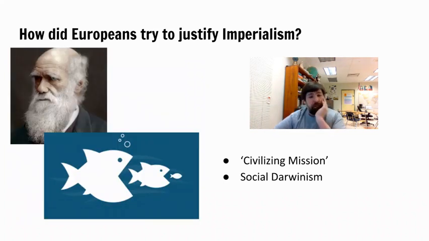Another way that Europeans tried to justify imperialism is through something called social Darwinism. Now, in biology class, hopefully you have learned that Charles Darwin is a very important figure in biology, and he came up with the idea of evolution, which is a thing that exists. And part of evolution, according to Charles Darwin, is that different beings will mutate and they will improve, and some of them won't improve. And the ones that are stronger and better will live long enough to pass their genes on to their children. And so positive adaptations will be passed on to future generations.